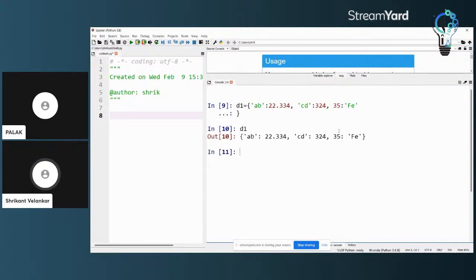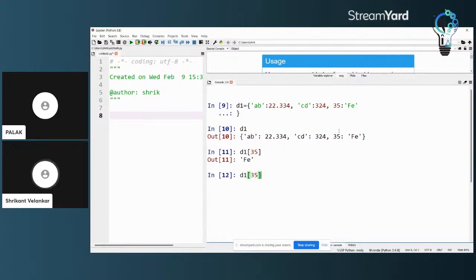No issues. So if I say D1, you will see that at index AB, or what is called key AB, we have value 22.334. At key CD, we have value 324. And at key 35, we have value FE. So if I say D1[35], it will return FE as the value of that location.